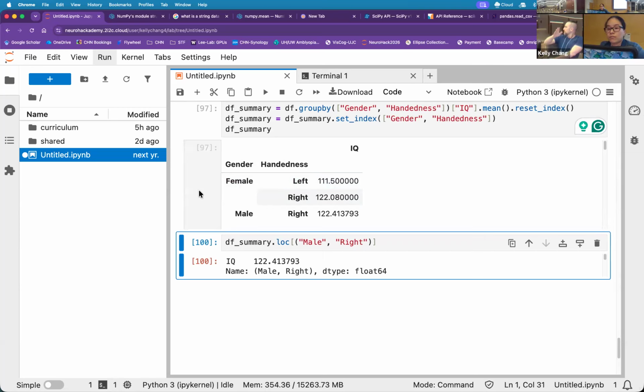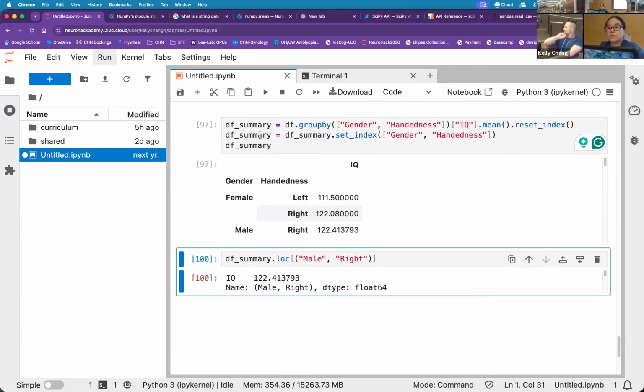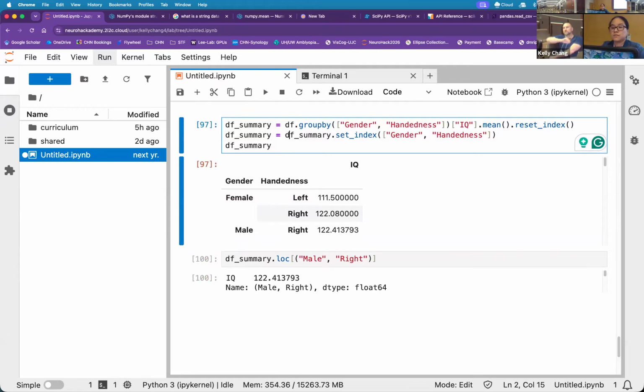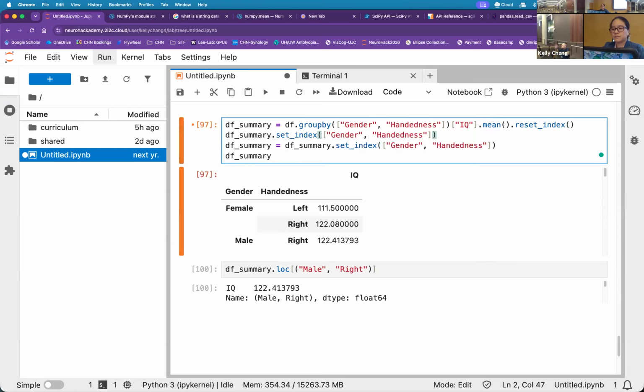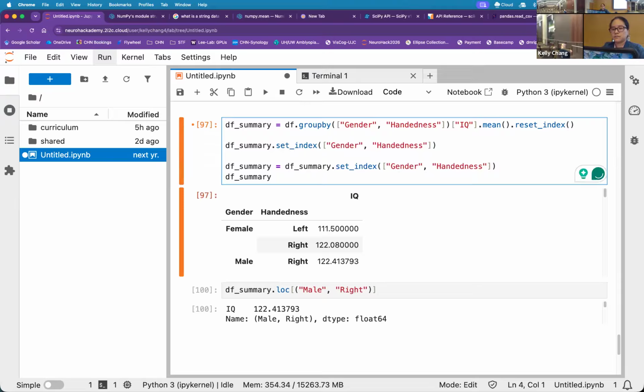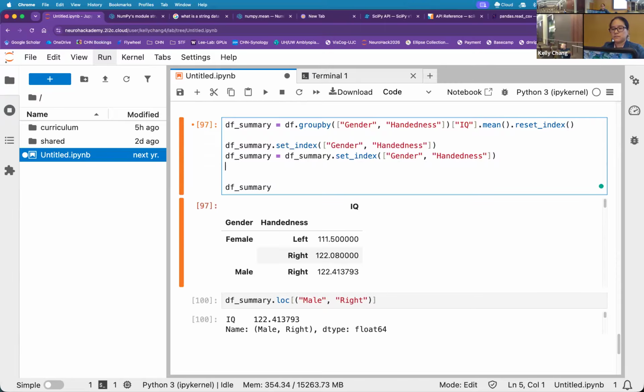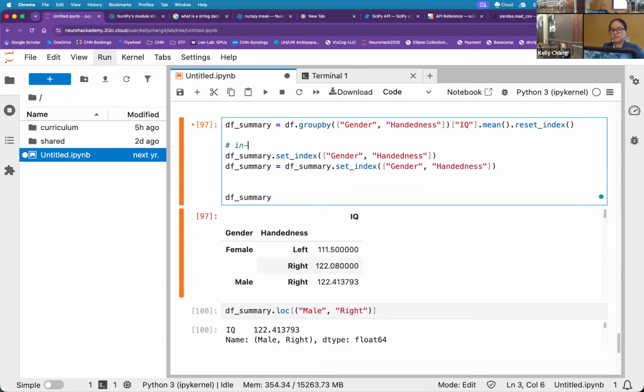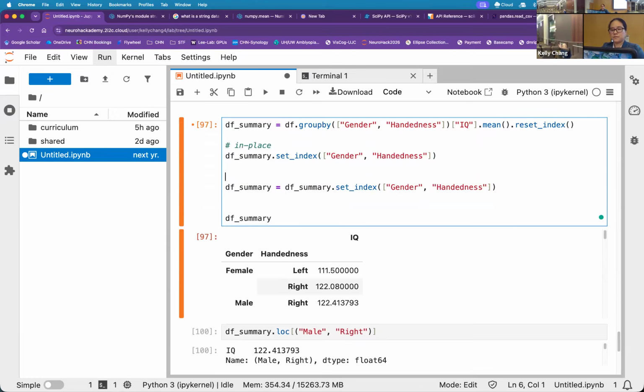So did people understand why it failed the first time before? Yeah. This is actually a really tricky thing about pandas, I think, is that there's this method called set index, which you would think would edit the object you're calling it on, but it doesn't. Instead, it returns a copy of the object that has changed the index. It's kind of a misnomer. Usually if a function is called set index, it would change the object. But in pandas, they almost never change the object itself because they kind of assume that you've got copies of that object all over the place, and you don't want to change it out from underneath some other person using it. So that's why you almost always have to say your data frame is equal to your data frame dot